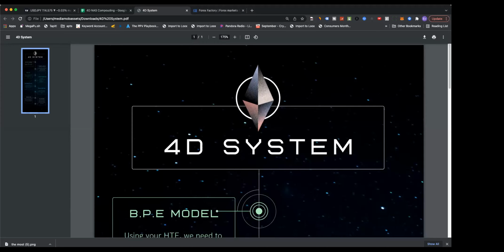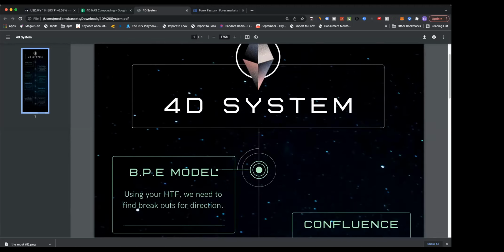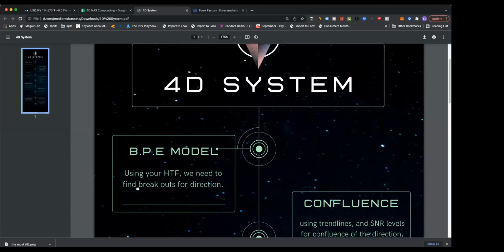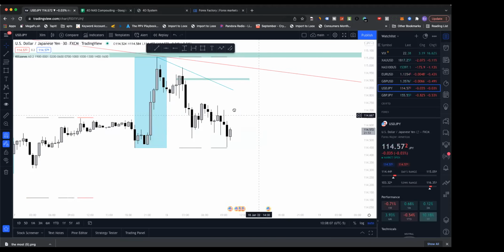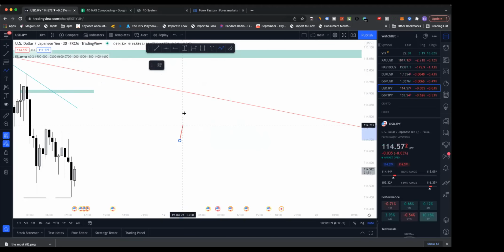Okay, so to simplify the entire process, since this is a lot of information, this is the system. The first thing we need to look at is a BPE model, which is just breakout pullback entry, right? We're gonna look at this on the higher time frame, like H4, daily, weekly, to give us our higher time frame direction. Okay, so breakout pullback, it's literally just